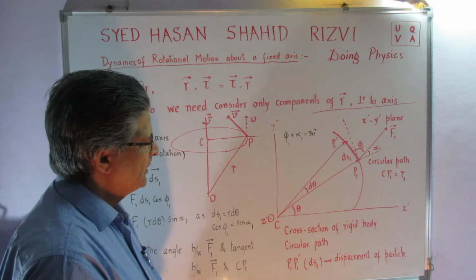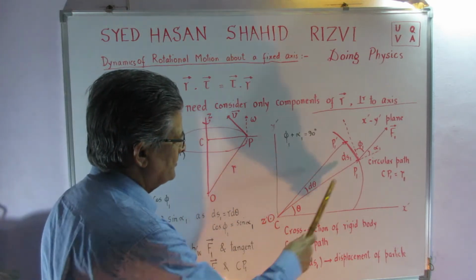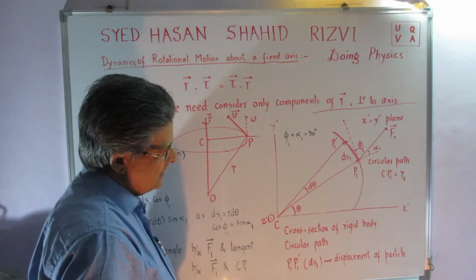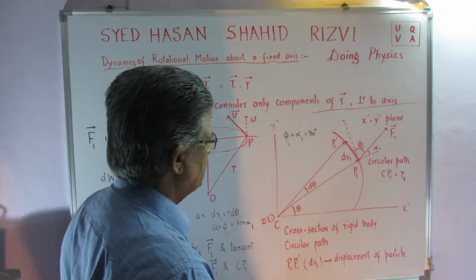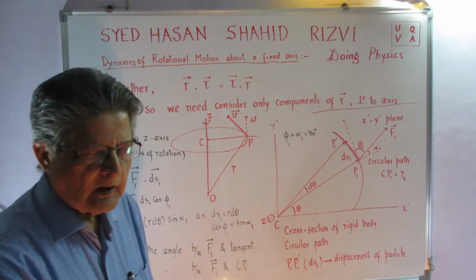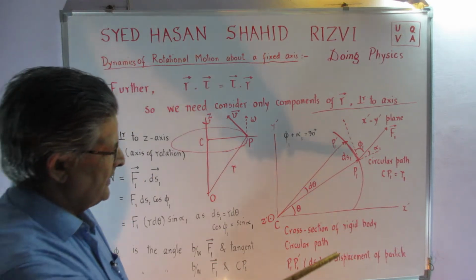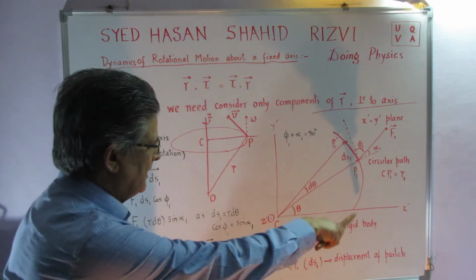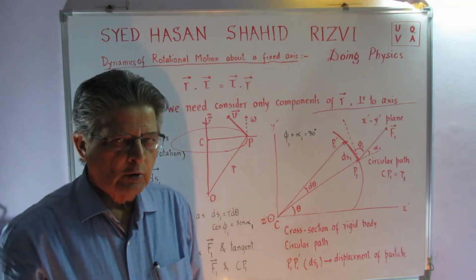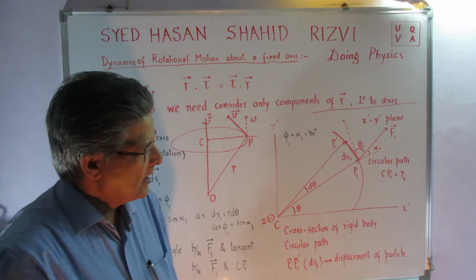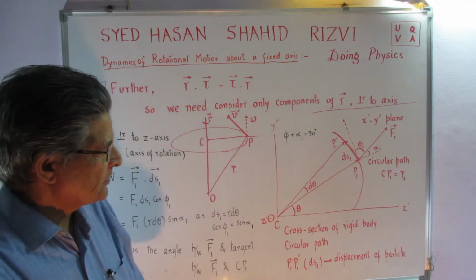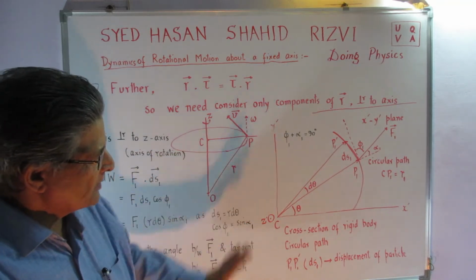So CP1 we take as equal to R1, and this is in the x dash y dash plane, a circular path for the particle which is undergoing rotation about a fixed axis. This is a part of the body, a cross section of the rigid body. The circular path we are taking,